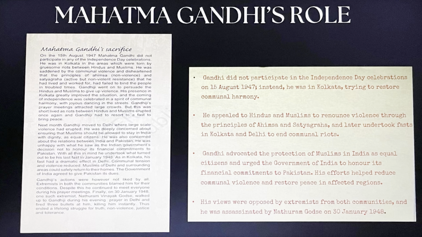And when it happened and communal violence was going on, he was trying his best to calm all of it down. But still, people on both extreme ends did not like Gandhi, and that is why on 30th January 1948, when he was in a public meeting, he was assassinated by whom? Nathuram Godse, as you know.